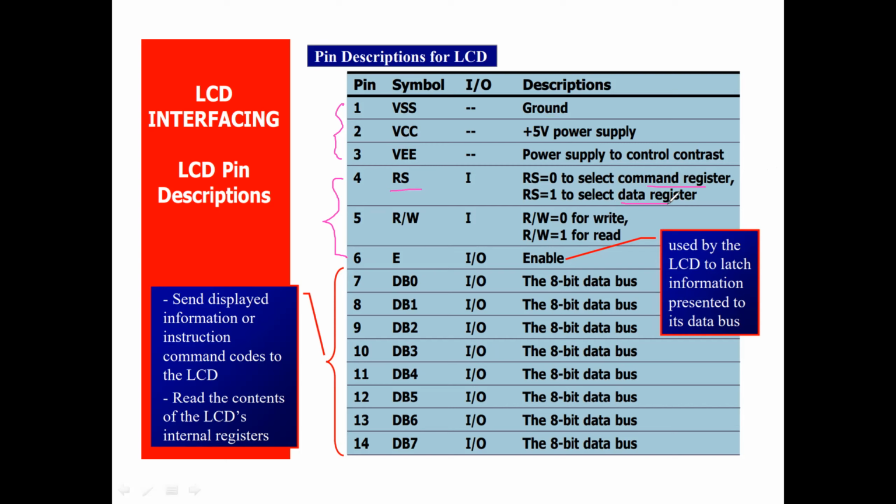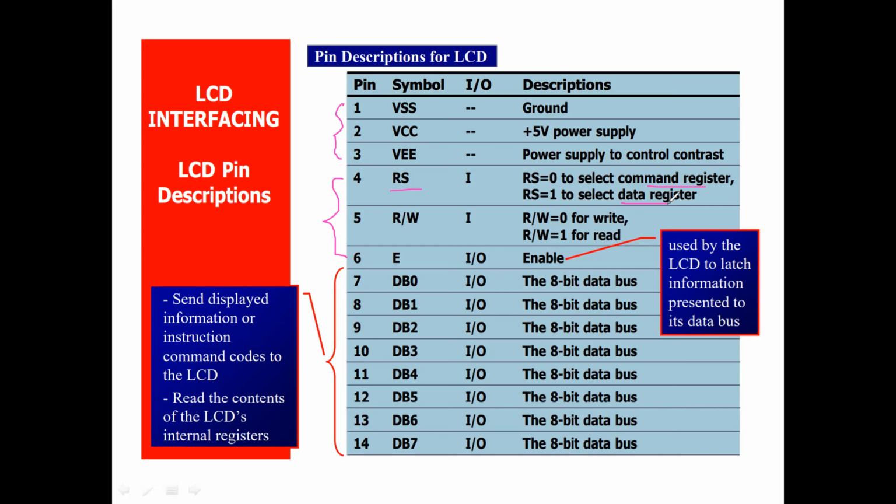You should understand that a command is you commanding the LCD to blink the cursor, display, switch off the display light, put the data in the second row, put the data in the first row, or put the data in the first row last column. These are all commands that you give to the LCD.